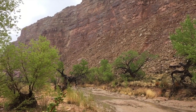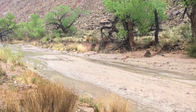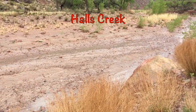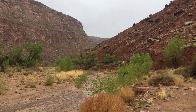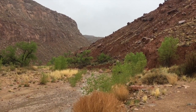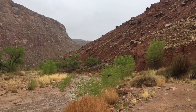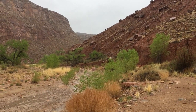What was a dry Halls Creek wash yesterday now has a shallow flow after just a few hours of steady rain here, making its way down to the Halls Creek Narrows. Hopefully the Hayduke through hikers that were taking that alternate route through part of the Narrows and eventually connecting with Stevens Canyon made it up and out of that last night, or else are taking what may amount to a zero day